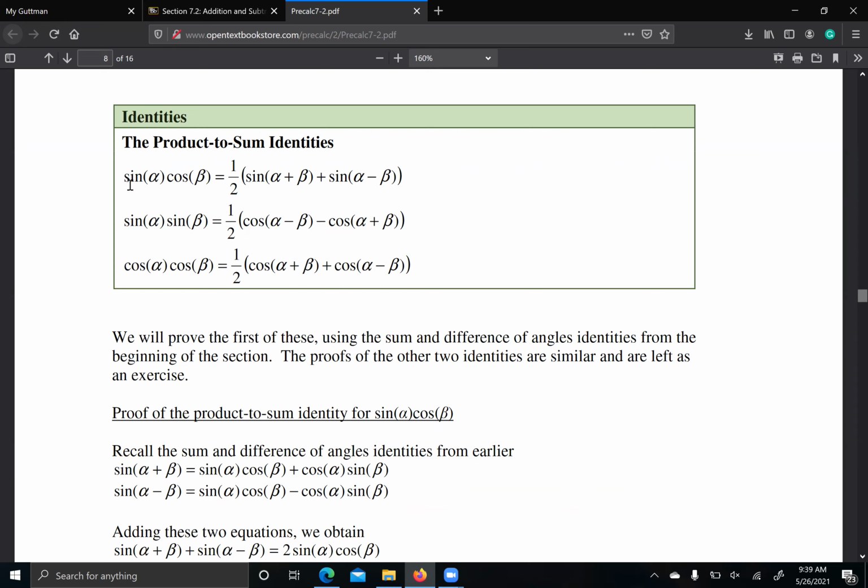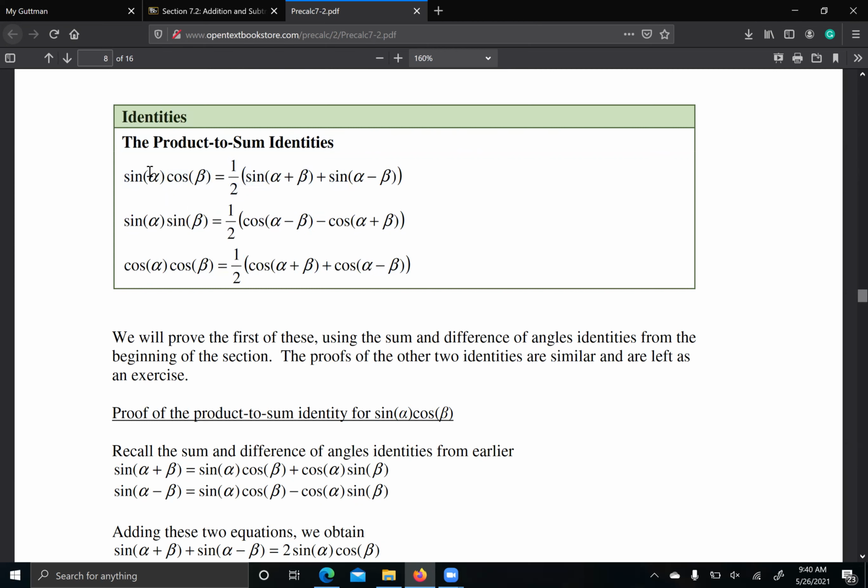For example, suppose you have the sine of an angle times cosine of an angle. It's the same as half of the sine of the summation of those two angles plus sine of the difference of those two angles. So why is this good, why would this help us? Because look, on the left side you have two functions, sine and cosine, but then on the right side we are able to rewrite it only in terms of sine. Or for example,